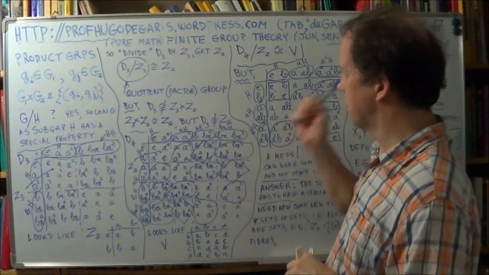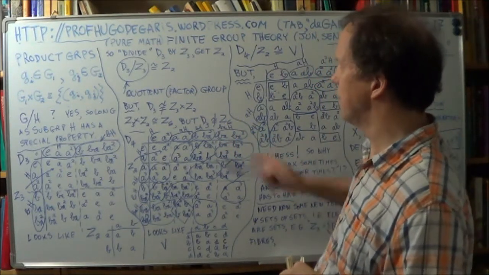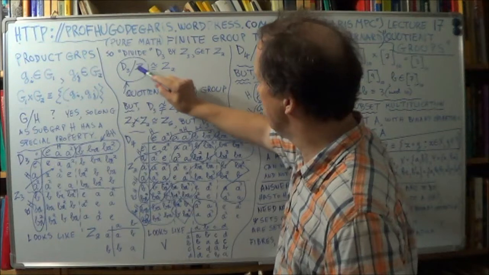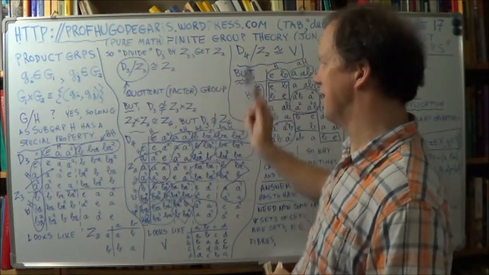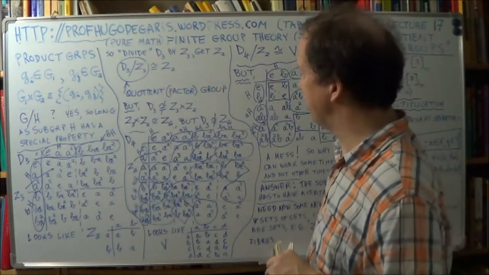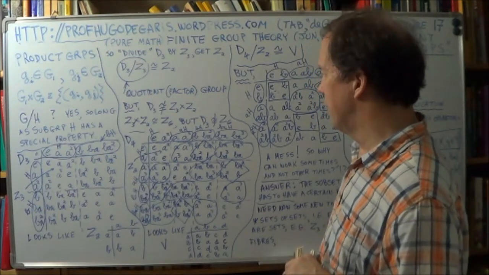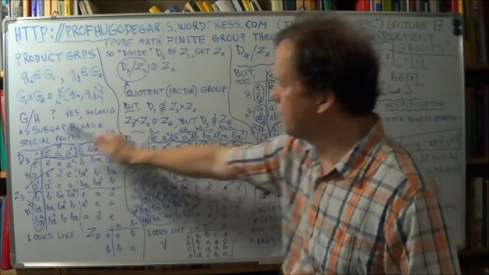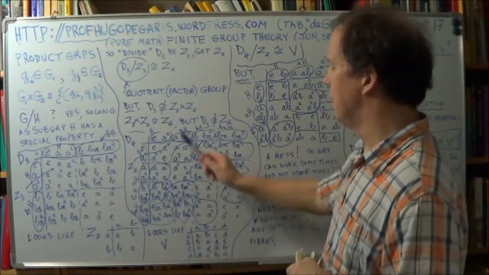D3 is not isomorphic to Z6. So you can't just bring this over the other side, in a sense. It's not as simple as that. It doesn't work. All right, let's do the same kind of trick that we did here on a slightly bigger